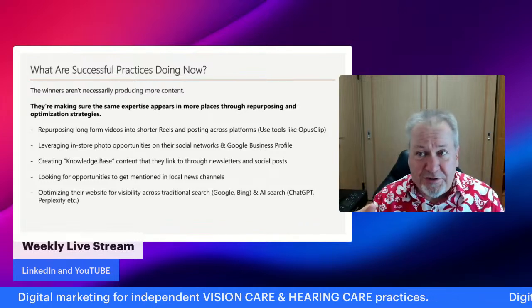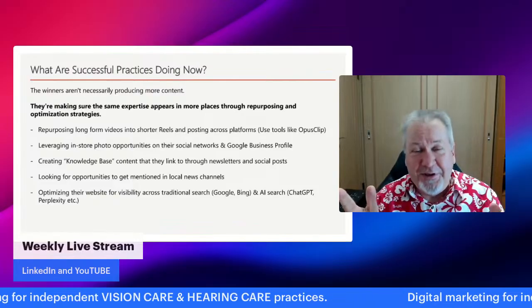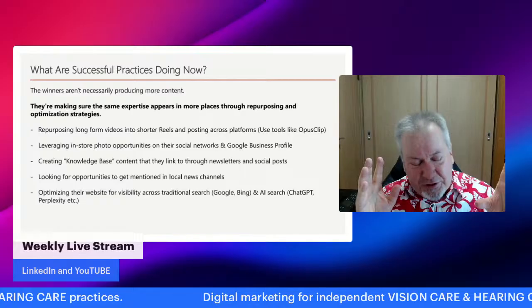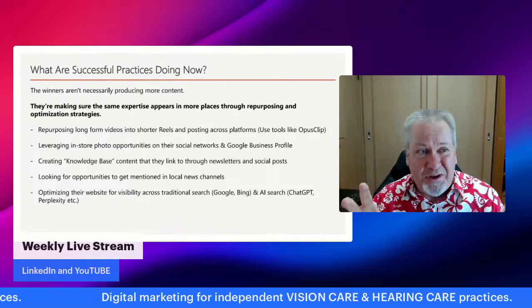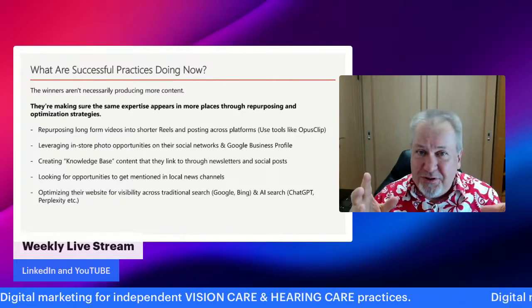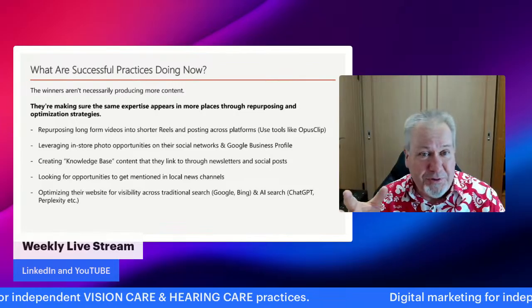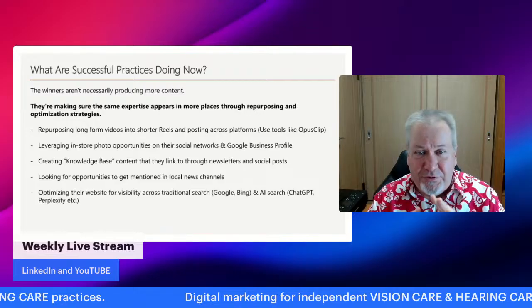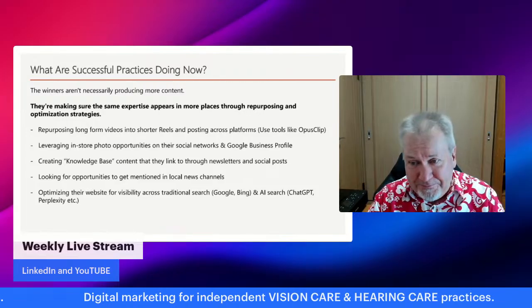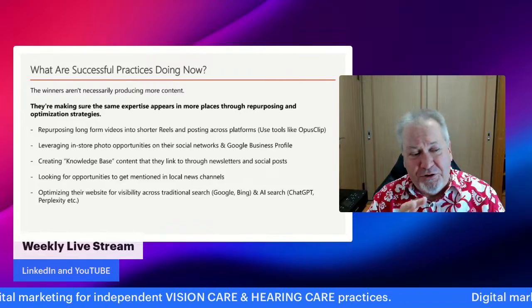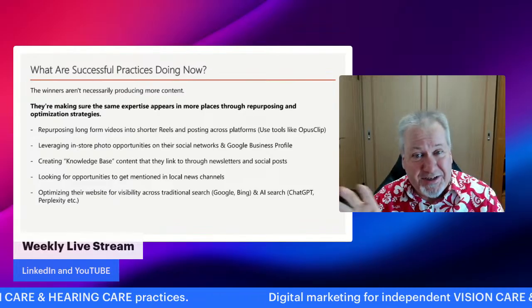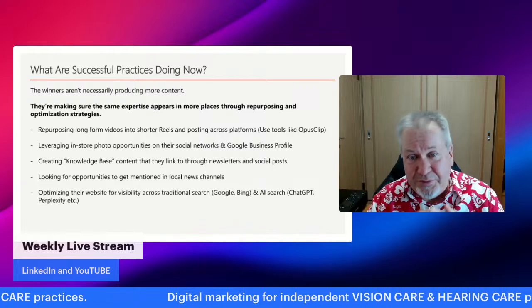Local news channels. This is something that almost nobody's doing, and again, I don't really understand why. Local news, local magazines, they're always looking for content to put in their publications. So if you have a newsworthy story that you can offer to a local publication, you could get some free PR, right?